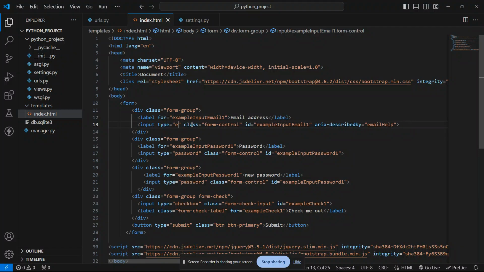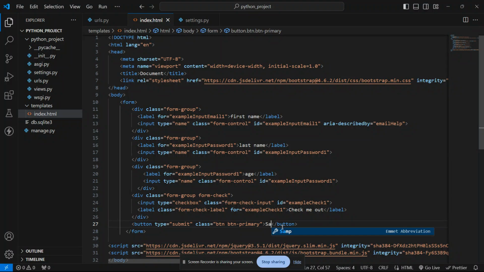If I put here that this type is name, this type also name, and here first name, then here last name, and here age, and here if I save.